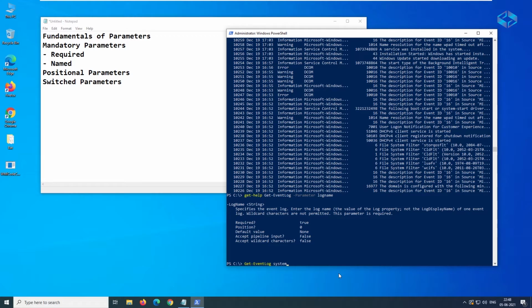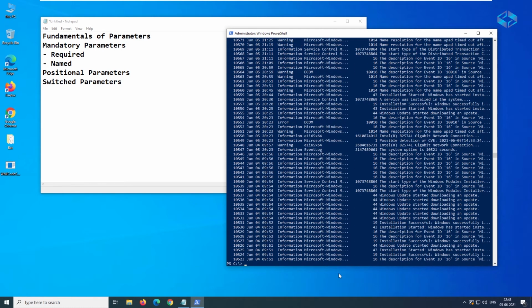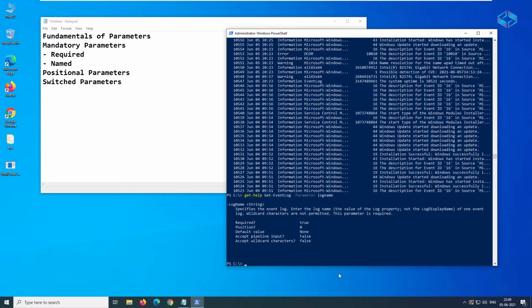So by default it will take it when you are giving it here; you don't have to specifically mention that log name is system. Even that is also correct, but we talked about that previously, so it is not needed to specifically mention the log name, because by default it will take it. This is the parameter detail here, so it is required, but it is not position one. That is the reason it is taking that.